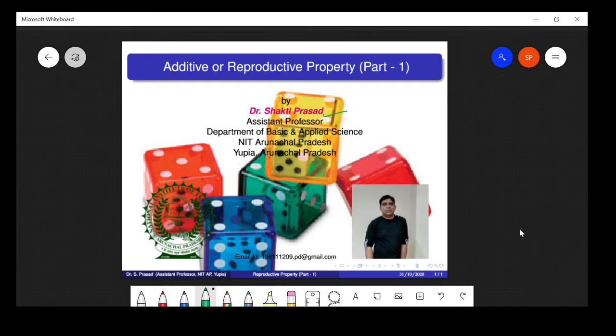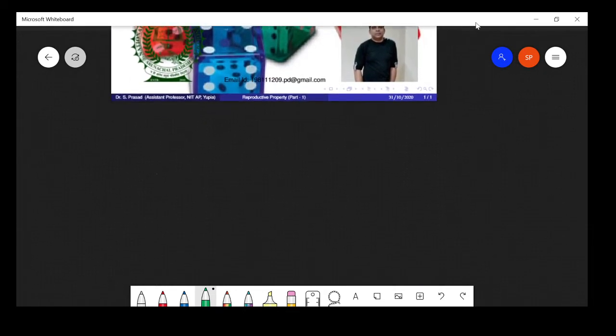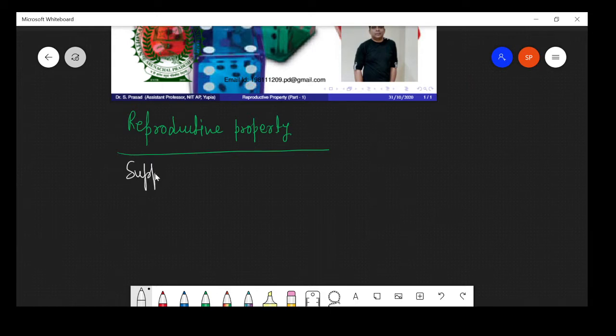First, we start with the meaning of reproductive property. Suppose that X and Y are independent